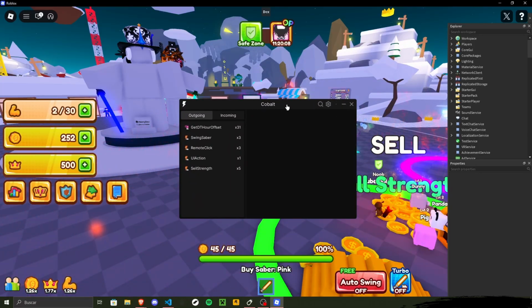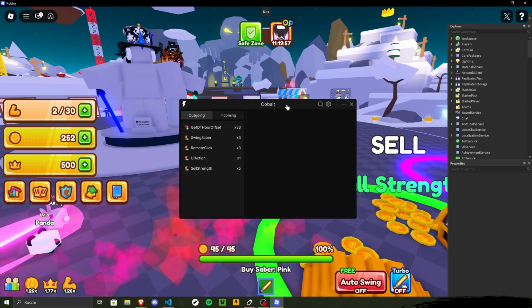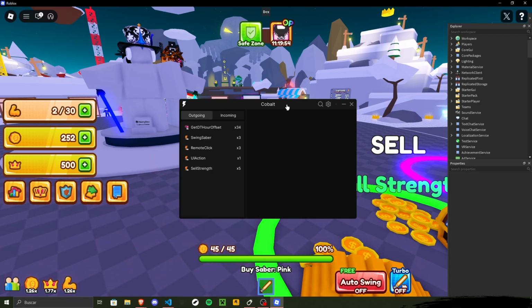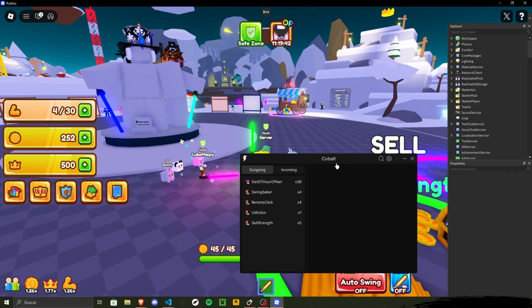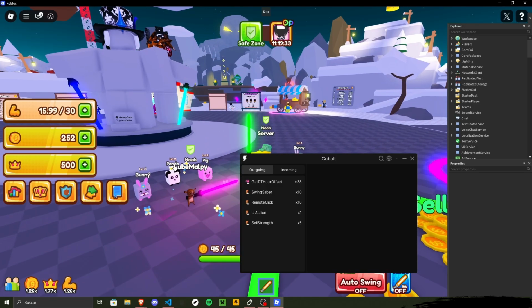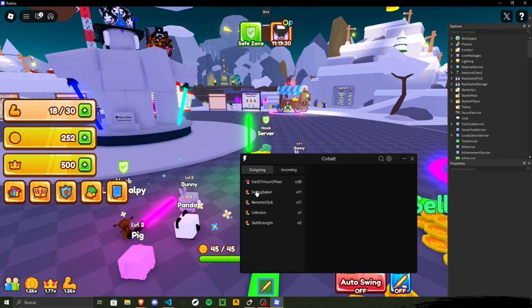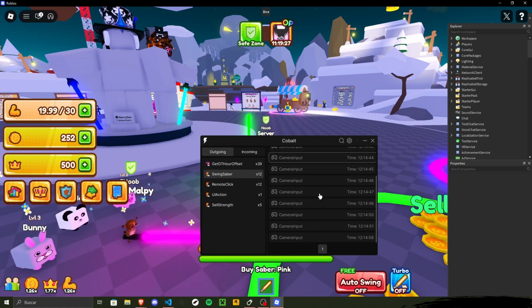The RemoteSpy is basically a script that intercepts the calls that the client is making in order to recreate them as we want. So for example, if our client says, I am making money, the server is going to receive the call and is going to award the money to the player. In this case, our way to earn money, as you can see when we swing our saber, is this remote right here. As you can see, my money is increasing, my saber is moving, and the remote event is being called. If we go inside and try to check it,